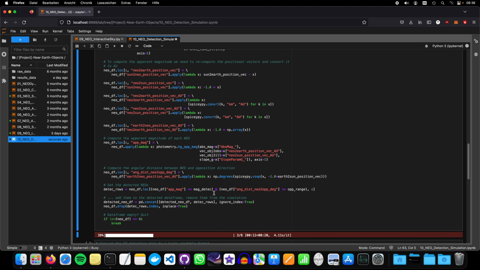But again, in our next video, next week already, we will just take a look at the results of our simulation and see what kind of NEOs have been detected. Just start to play around a little bit with the simulation parameters. Maybe you can already start with your own analysis of the results and see what kind of NEOs are way easier to detect than others. Feel free to do so, and I would suggest that until then you play around,